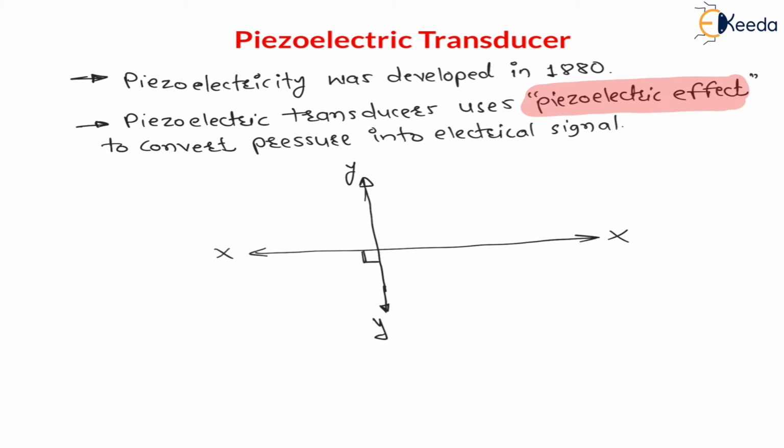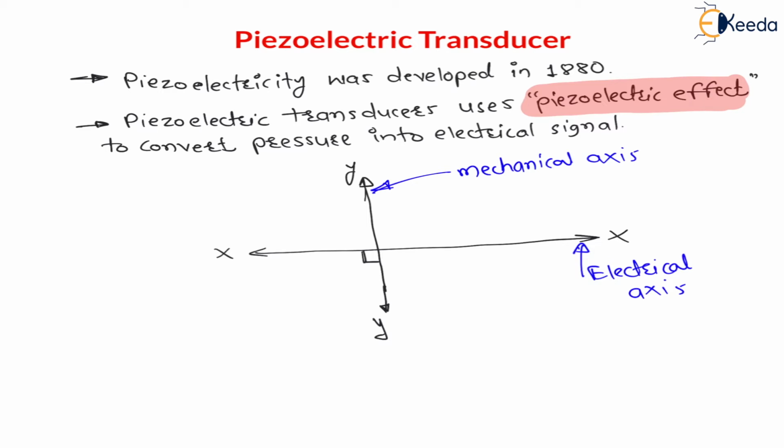And let us say I call the y-axis a mechanical axis. Now when to call mechanical axis and electrical axis, that I will explain, don't worry about that. Right now I am saying the y-axis is my mechanical axis, and then the axis perpendicular to the mechanical axis is called the electrical axis. So the x-axis will be the electrical axis in case of the piezoelectric effect.